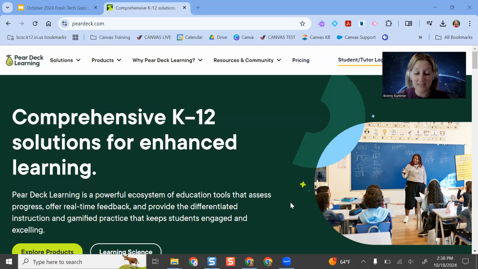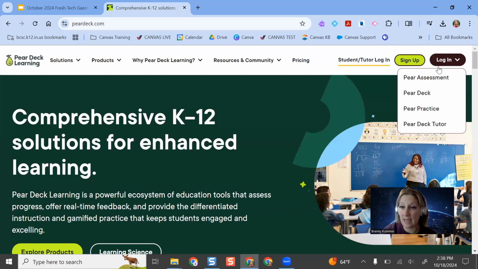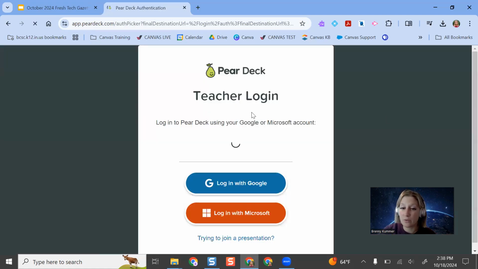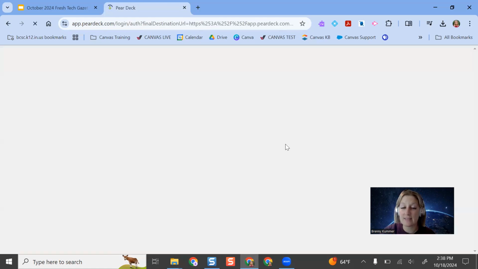So all staff in BCSC have access to Pear Deck Learning Premium. And when I say Pear Deck Learning, it has a whole suite of products now. We have access to the slides version of this. So if you go into Pear Deck, you're going to click log in, and it's just called Pear Deck. That's the one that we have. The other ones are ones that we don't have premium access to, but you can explore some of those premium features of them. Mine is Pear Deck Tutor. That's only premium, and we don't have that. But if you click Pear Deck and sign in, you'll use your Google account to get access,